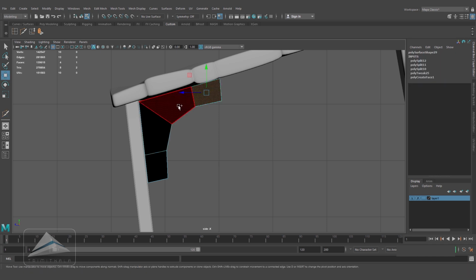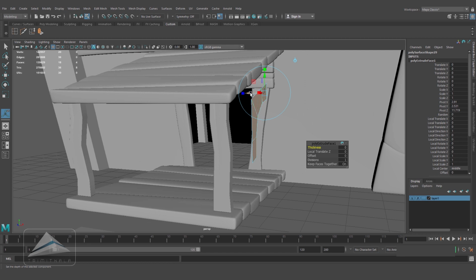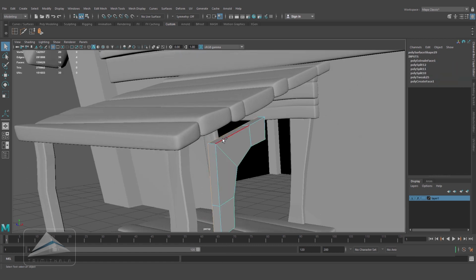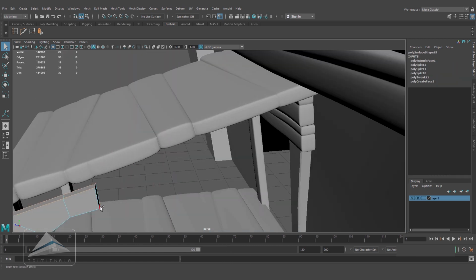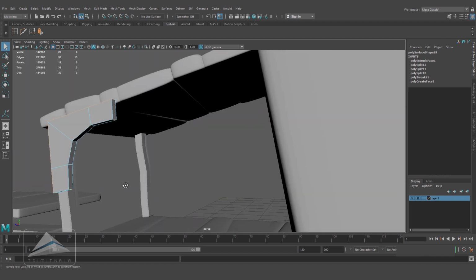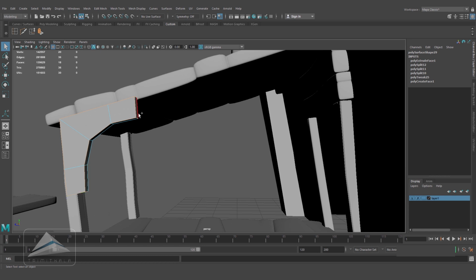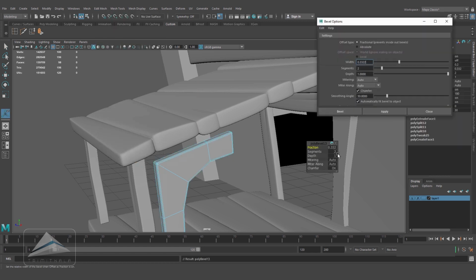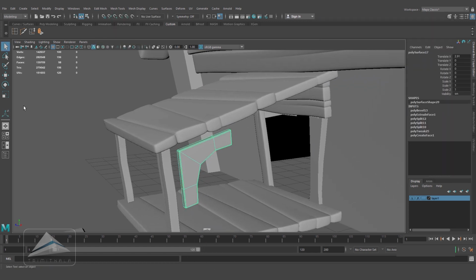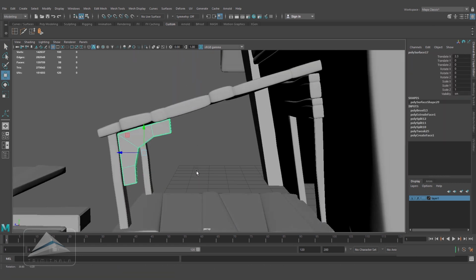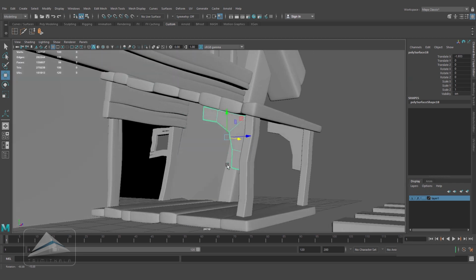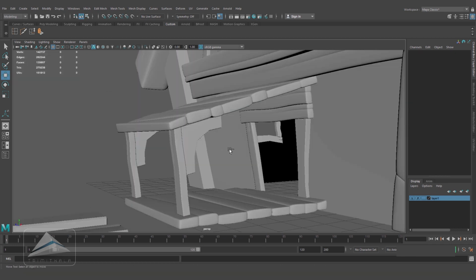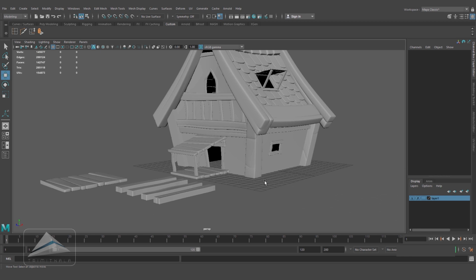Now selecting the faces, I'm extruding it. That's fine. Now I have to select all the outer edges, and now I have to bevel it to sharpen the edges. Edit mesh and bevel. Alright. Place it properly. Now I'll just duplicate it, Ctrl D, and keep it on this side. Okay. Now I'm selecting everything